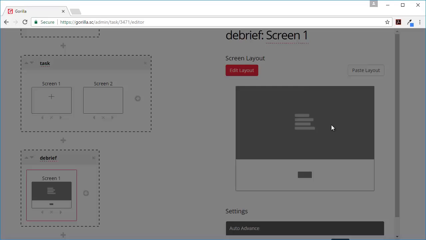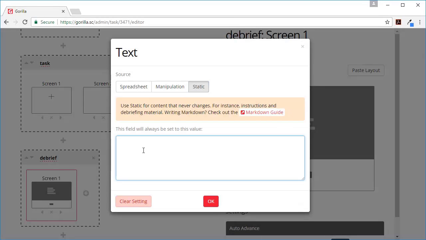And while I'm at it, I'll configure the debrief screen. And again, in Markdown you can make things bold by putting asterisks around them.